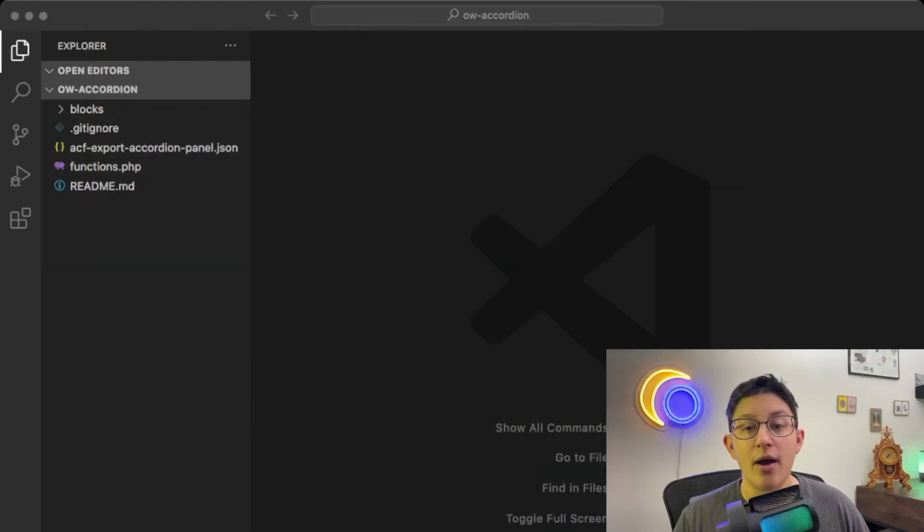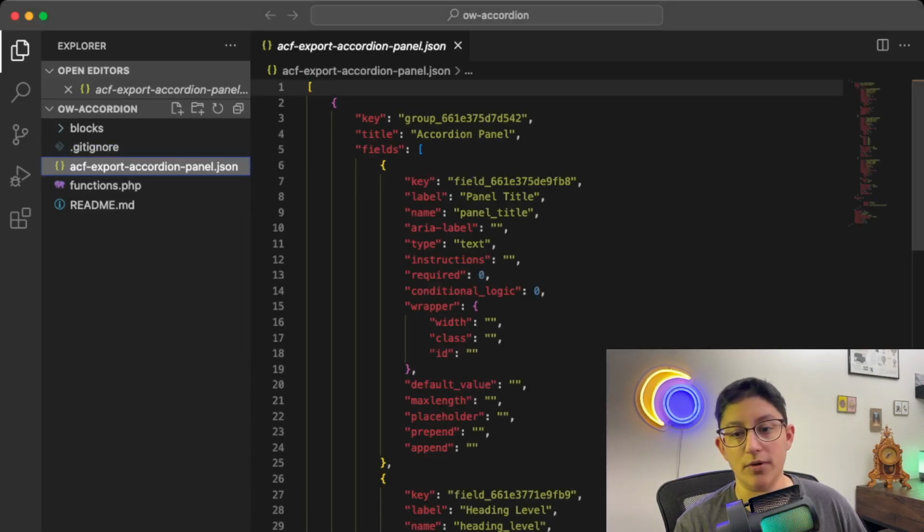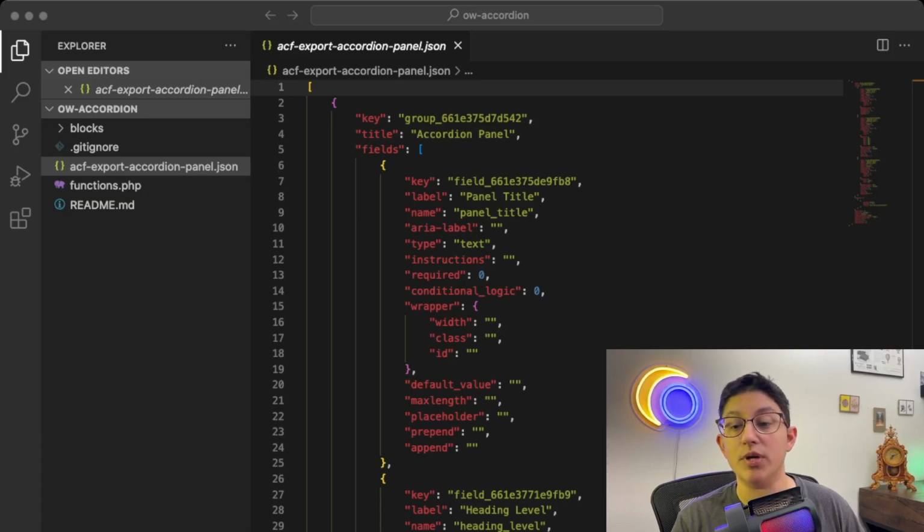So if we head into our code, I have Visual Studio Code open, and then we have our repo contents over on the left side. I've included an ACF export file so that you can just go ahead and import those fields that I have. And it does require Advanced Custom Fields Pro in order to create a custom block. If you don't want to make the block and you want something simple, like I had said originally, you can go ahead and just create a regular sort of shortcode with something like this so that you're at least still using the accordion code. That's fine. You can follow along. But a lot of what I'm going to do is based on Advanced Custom Fields Pro.